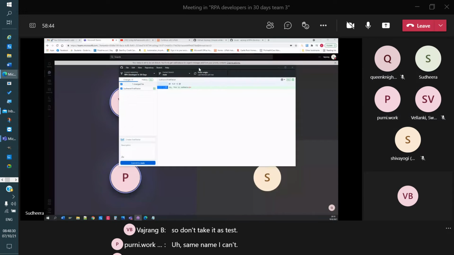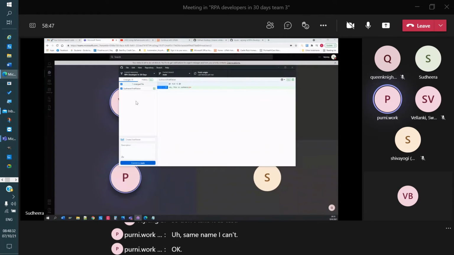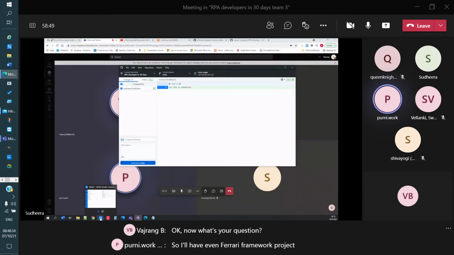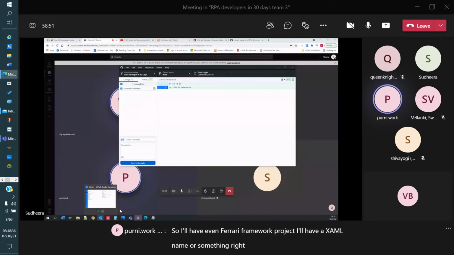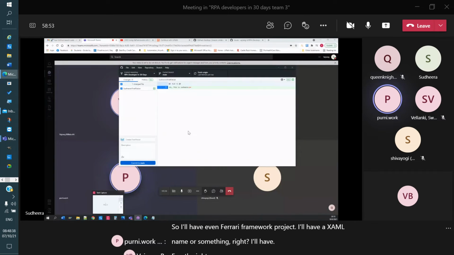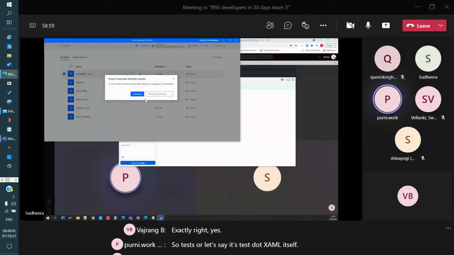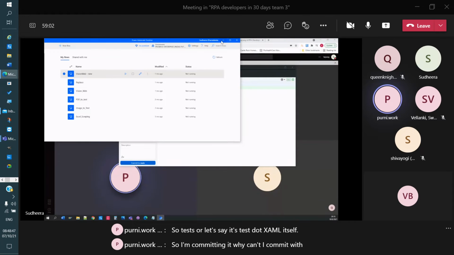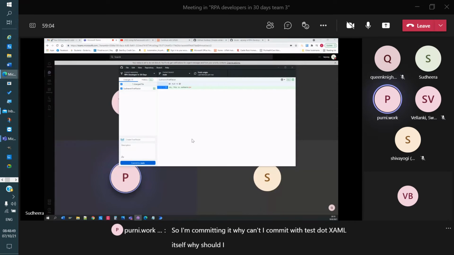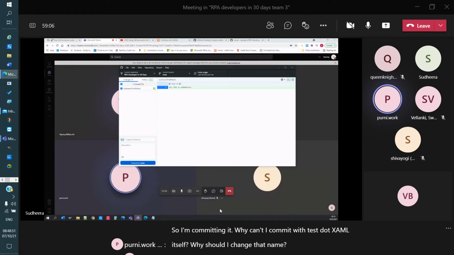Even for an RE framework project, I'll have a XAML name, right? Let's say it's test.xaml itself. I'm committing it. Why can't I commit with test.xaml itself? Why should I change that name? You can commit, there is no restriction.